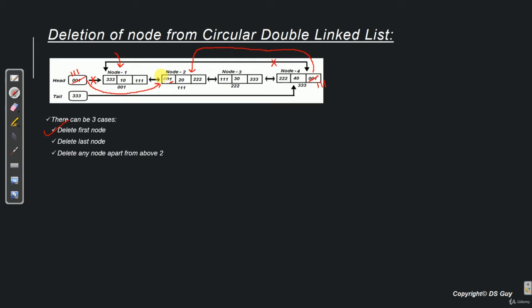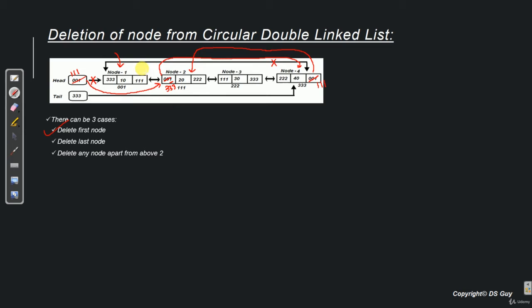And as we already know, the first node should always be referring to the last node. So we need a link between node 2 and node 4. So for that we have to update here. We put 333 here. So this creates a link between node 2 and node 4.